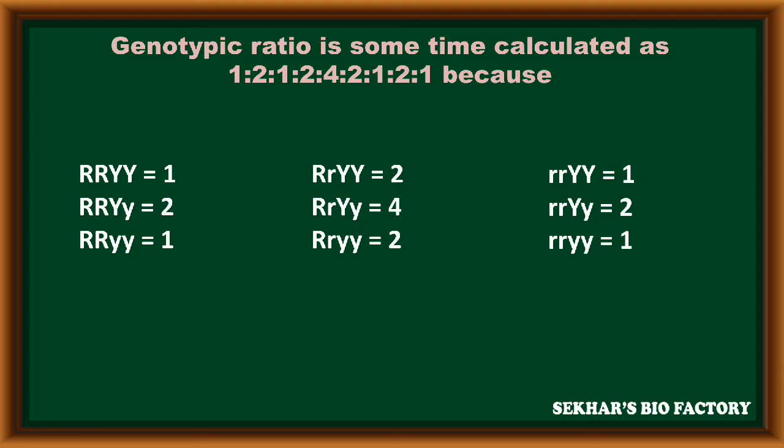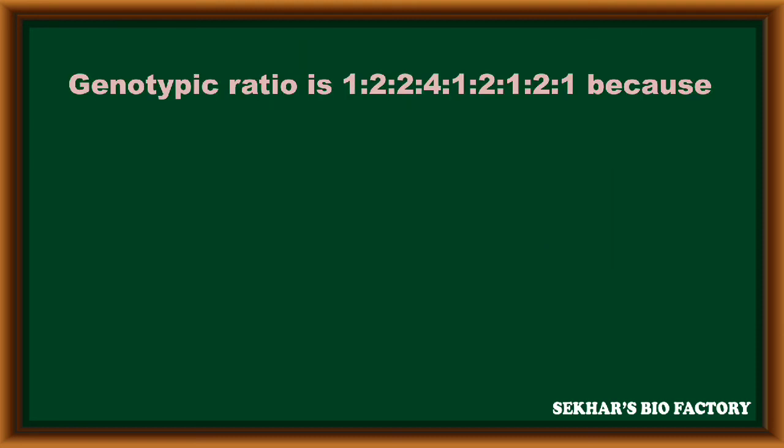In this way, the genotypic ratio of the dihybrid cross experiment is calculated as 1 is to 2 is to 1, 2 is to 4 is to 2 and 1 is to 2 is to 1. But in some books, the genotypic ratio is calculated as 1 is to 2 is to 2, 4 is to 1 is to 2, 1 is to 2 is to 1 because